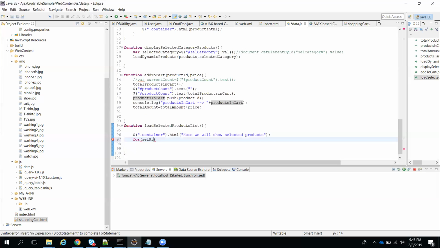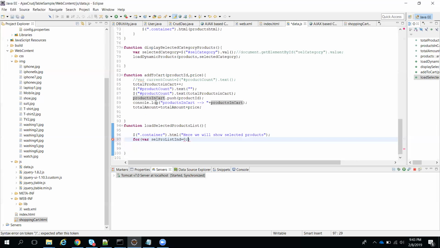Shortcuts can also be used, but some people can understand this and some cannot. So I can give the index like this: selected product index, meaning I have a selected products list and I'm using this index. This index will start from 0, so I'm giving 0.